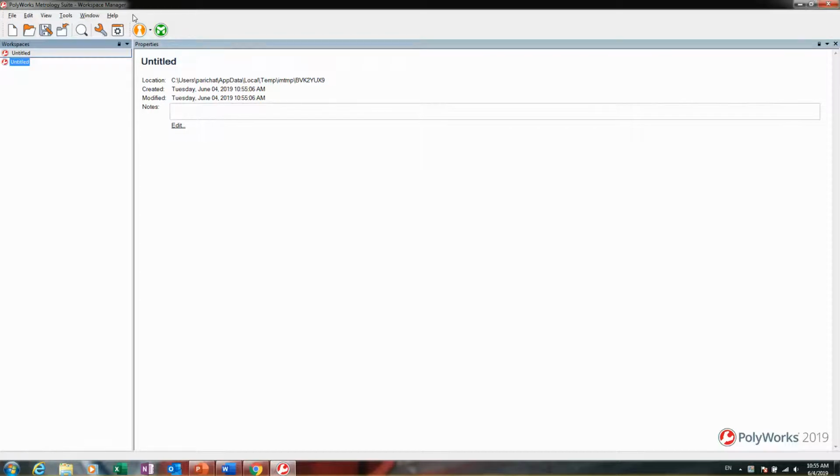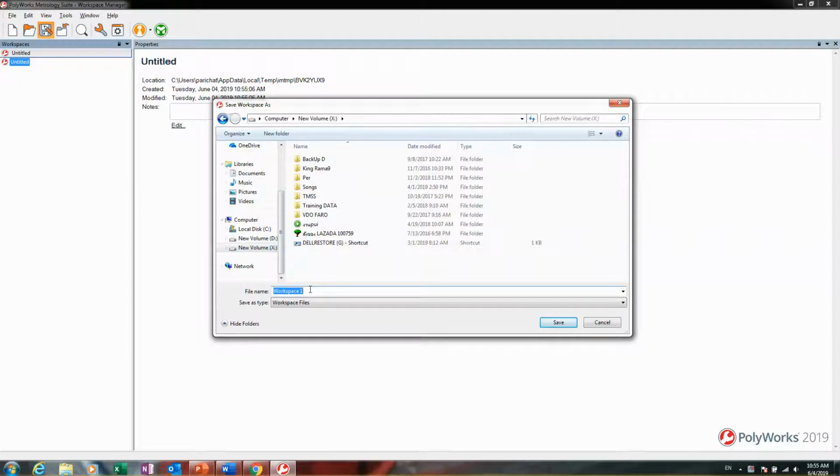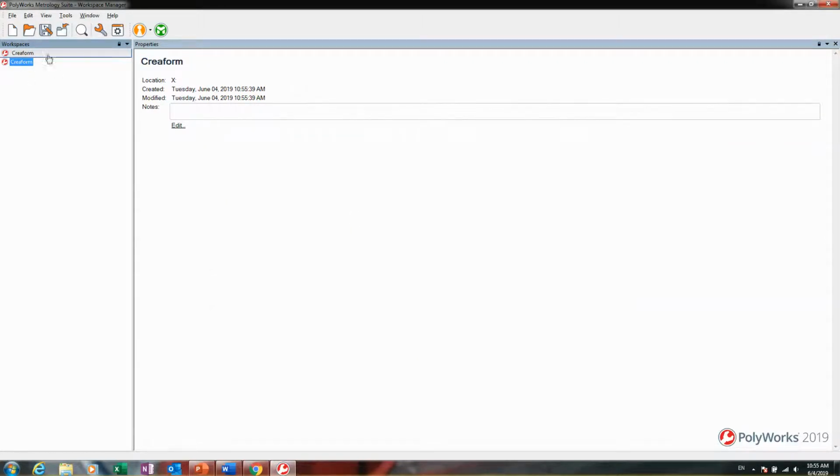I suggest when you open a workspace, you save. When you save, you choose the location, choose the folder, and then save. Suppose I save in X. Save as type, no need to change, it's the workspace file, and then save. After saving, it will be the name that you saved. If I close,